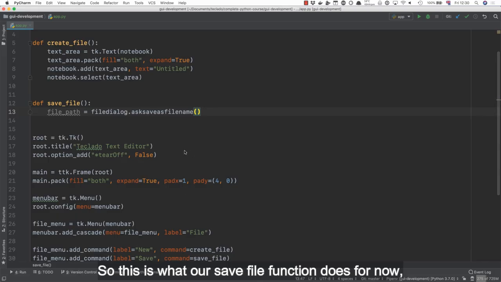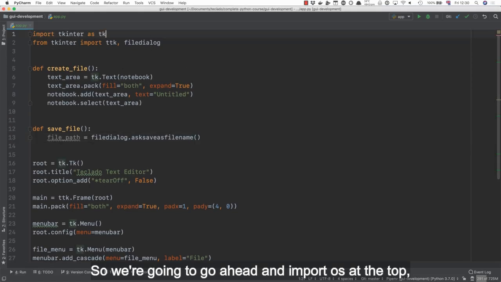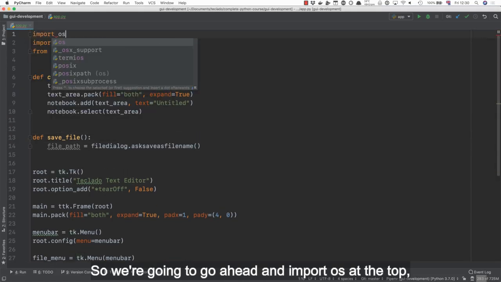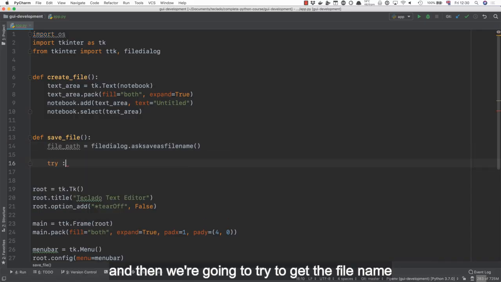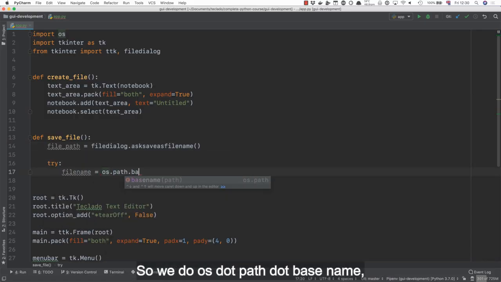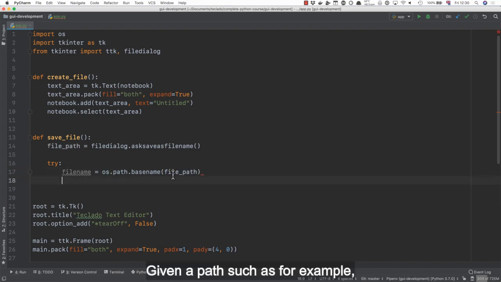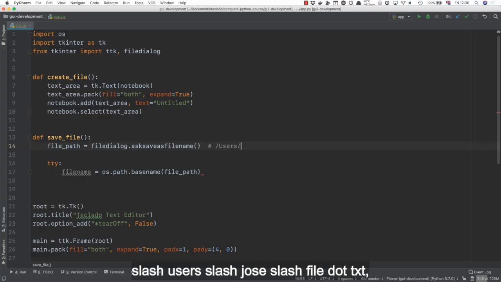So this is what our save file function does for now, but note that it only asks the user for the file name and the location. It doesn't actually perform the saving, which we do have to do. So we're going to go ahead and import OS at the top, and then we're going to try to get the file name from the file path. So we'll do os.path.basename, and we will pass in the file path. Given a path such as, for example, /users/Jose/